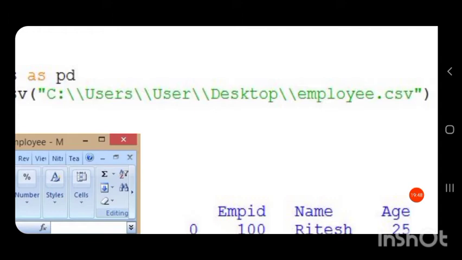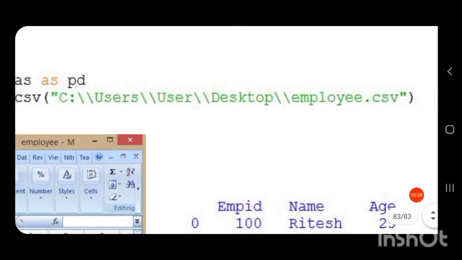I have stored this CSV file on the desktop of my computer. So its location is C, users, desktop, employee.csv.